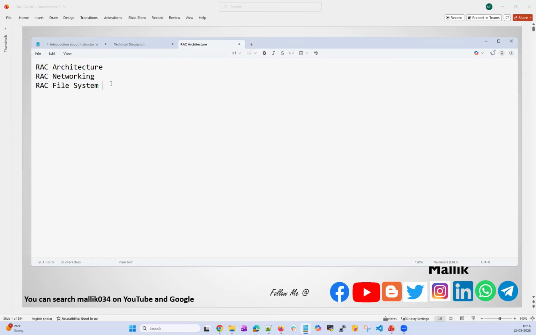How my data file, redo log, password file, SP file, and my archive logs, system, sysaux, undo, temp, where they're located. When it comes to networking, your public IP, private IP, SCAN IP, VIP, and management IP, how they will be configured. And when it comes to RAC, your OLR, OCR, voting disk, and whatever the shared storage,